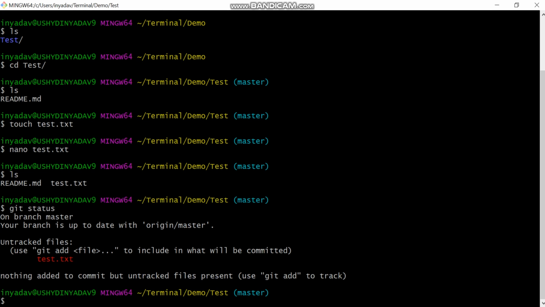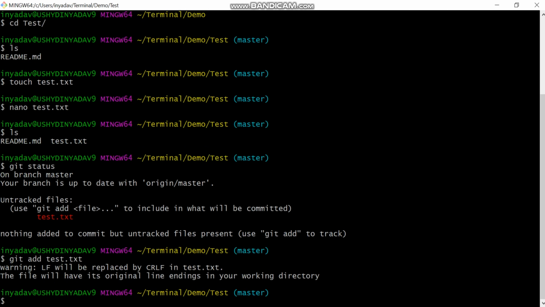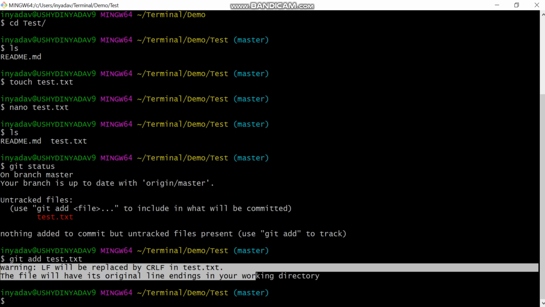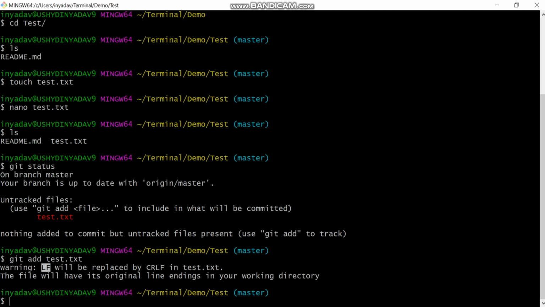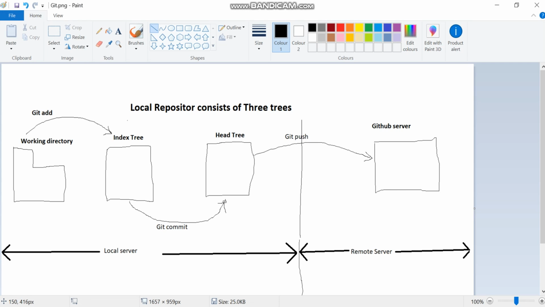If you want to put it into the staged area or index area, we'll use git add and then test.txt. Once we hit enter, it gives a warning which basically tells that LF, which works in Linux, has been replaced with CRLF, meaning carriage return line feed, which just indicates the end of a line. We have nothing to do here, and it has been executed successfully. If you relate this with the diagram, now test.txt has been moved from the working